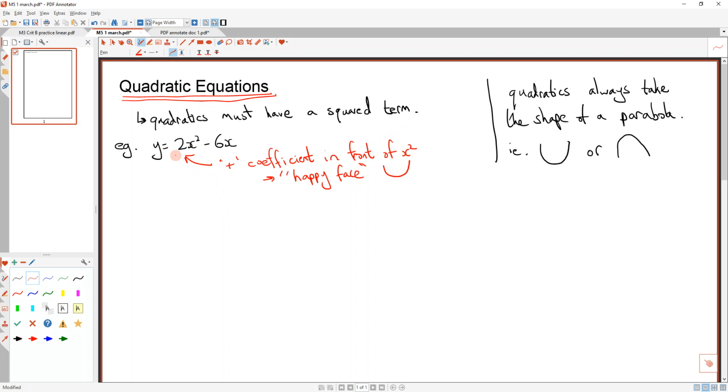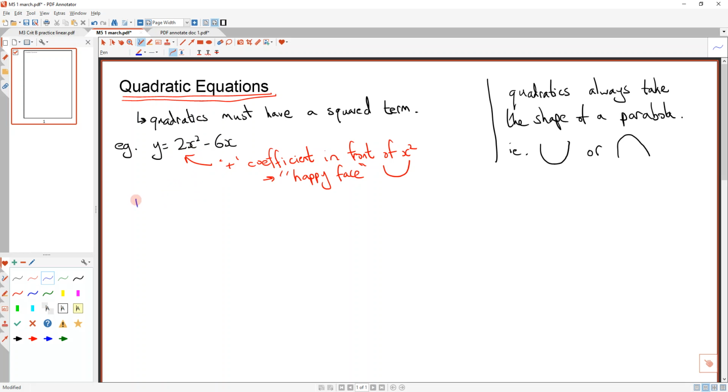Right, if I was going to actually draw this, what would I do? Substitute values into the x. Now, I know it's definitely going to be a happy face. Do I need to substitute in lots of different values? What are the most important values to sub in? Like 0, for x or y? Okay, right, so what we're going to do is,